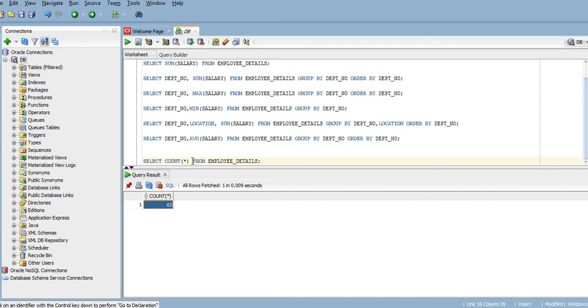Now let's assume if we want to check the number of employees based on each department, what we have to do? Based on this query, select count star from employee details, we can retrieve the total number of employees working in this company. If I want to group the count based on the department number, we need to use the group by function again. So how to do that?